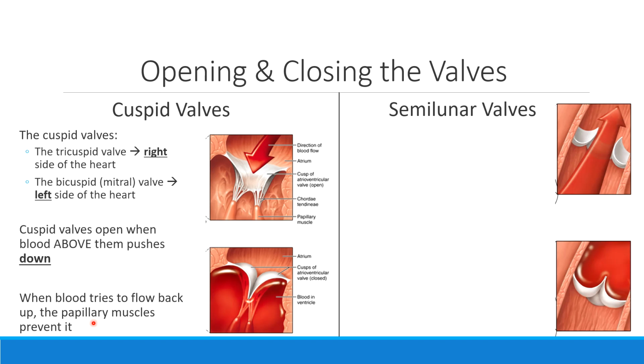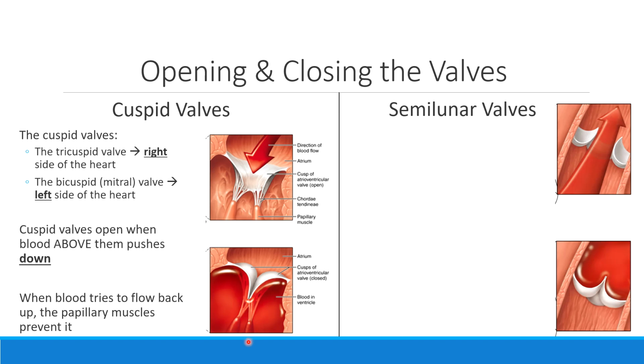We briefly talked about the papillary muscles when we were talking about the trabeculae carneae. Remember that we said there were some extensions coming up in the ventricles, those special papillary muscles. These contract specifically when the ventricle contracts to make sure that this valve stays squeezed shut. So cuspid valves open when blood on top of them pushes down. They close when blood below them pushes up, and when these papillary muscles contract to make sure that that blood